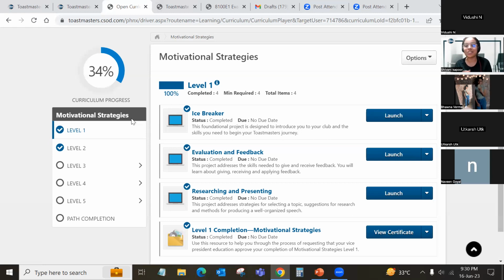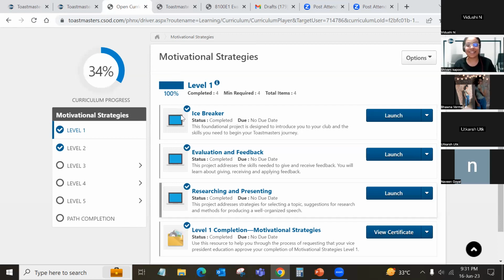However, Toastmasters International do come up with some or the other schemes. I remember in 2020 or 2021, they came up with a scheme that in just 1 month, they open a window that anyone can select a second path and it will be free of cost. So I selected that. I have already completed my first path in my other club, that is my corporate club where I work. That was dynamic leadership. And the path that I'm showing you right now is motivational strategy, which I started in Eloquent, is second path, but luckily I got it free of cost, but otherwise it is paid. Okay, if that answers. Thank you.